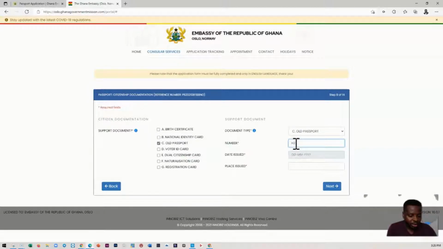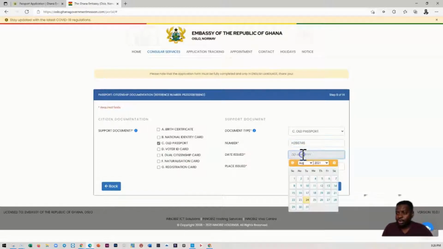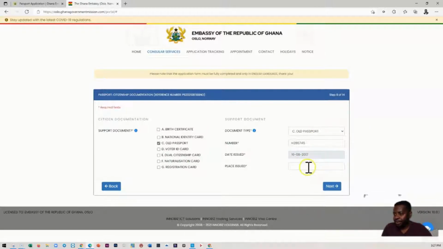So let's say 2807654. Just look at the passport, the photo side of your passport, your number should be there. Date issued. So let's say it was issued in 2017 or something. So click there, pick the day, and then